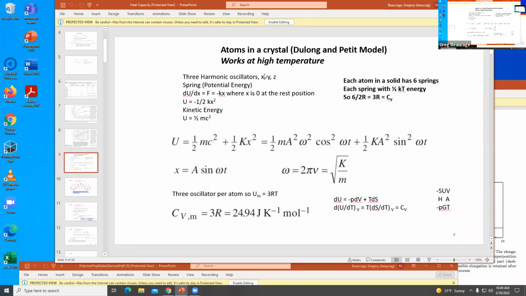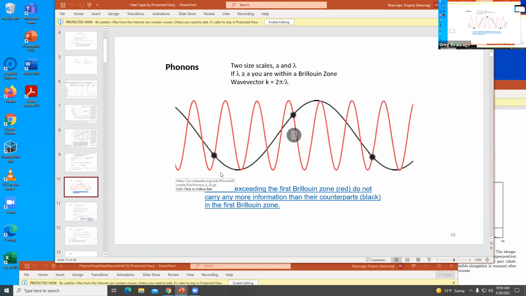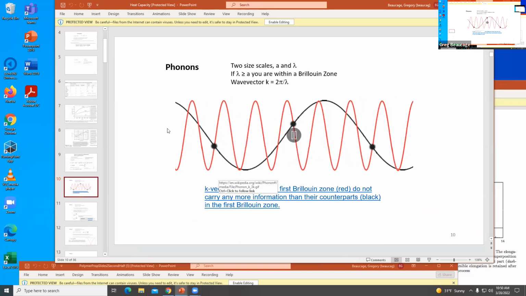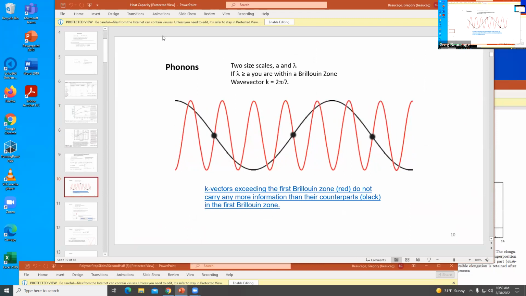Energy is the vibrational frequency. The higher the frequency, the higher the energy. The way it can store heat or energy is by vibrating, right? So you have to think about how the atoms in a crystal are vibrating. That's the idea. So there's a thing called the Brillouin zone. If you talk about phonons,